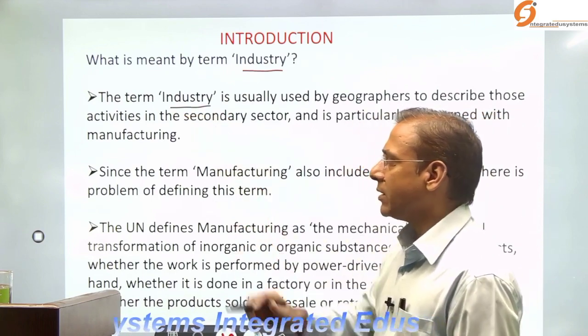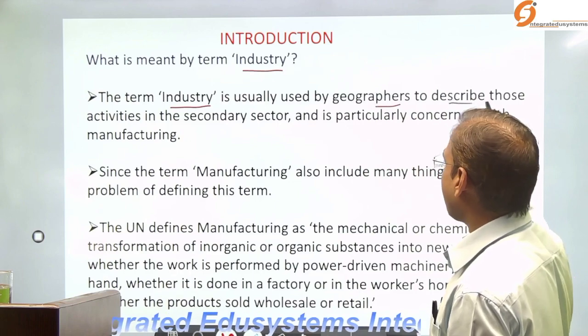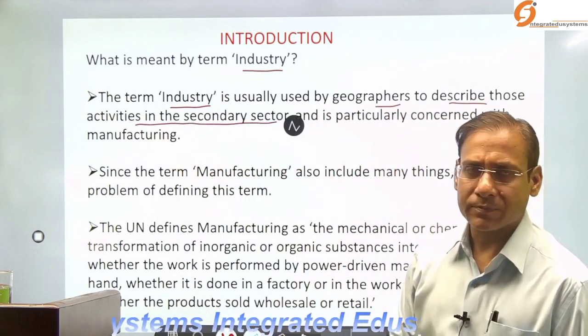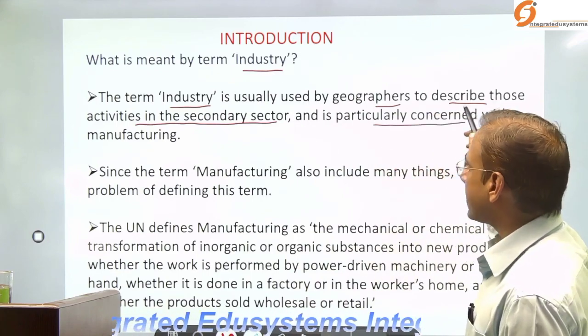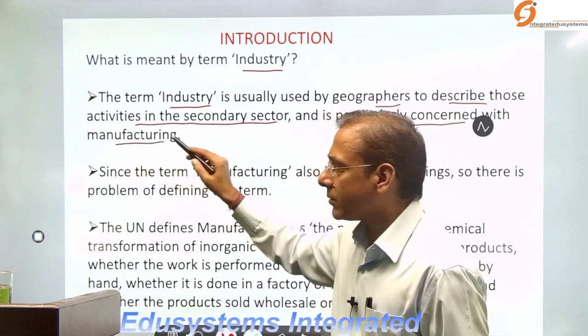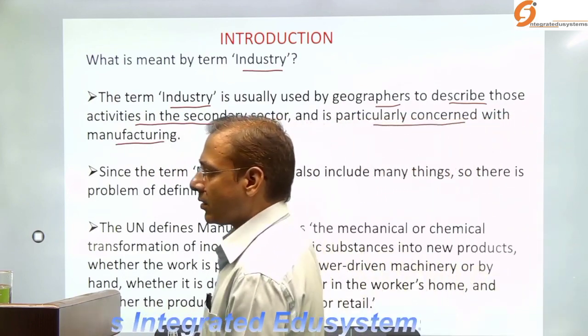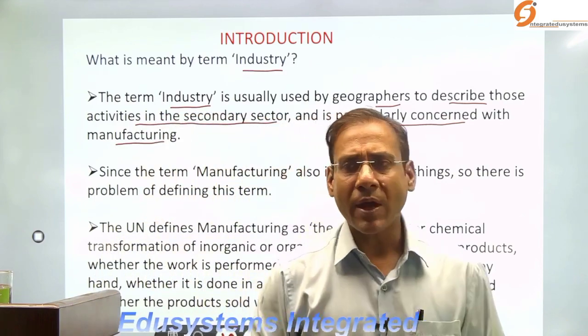How did they define industry? Usually the geographer describes those activities in the secondary sector, okay, particularly concerned with manufacturing. So what the geographers stated is that industries क्या हैं? जहां मैन्युफैक्चरिंग हो रही।